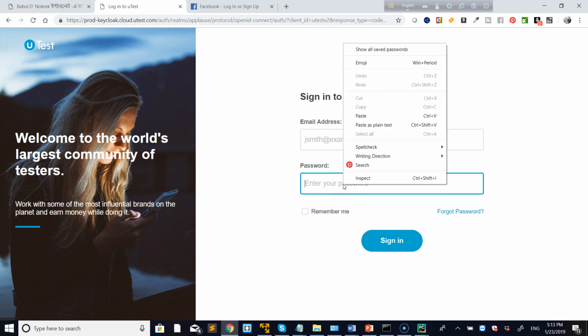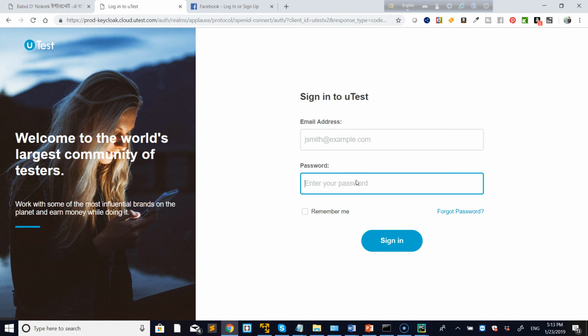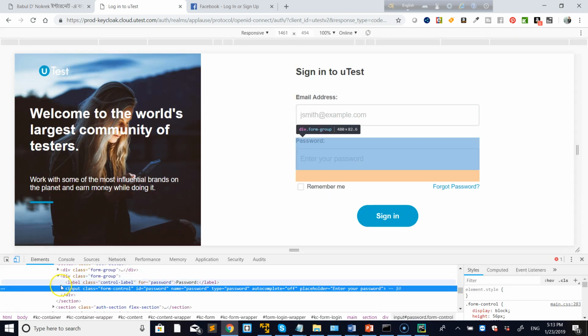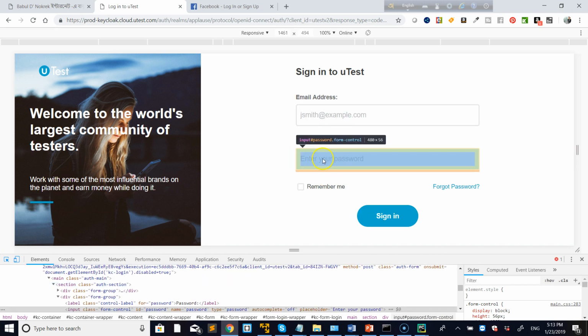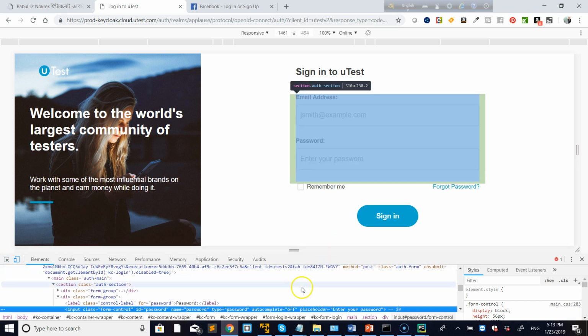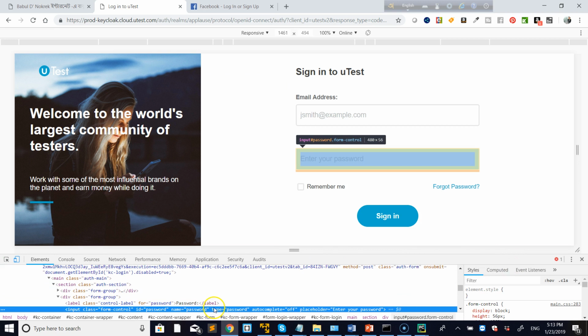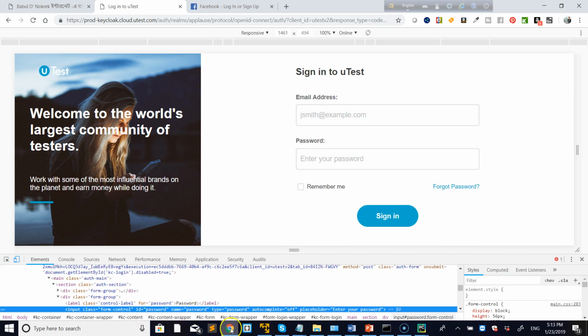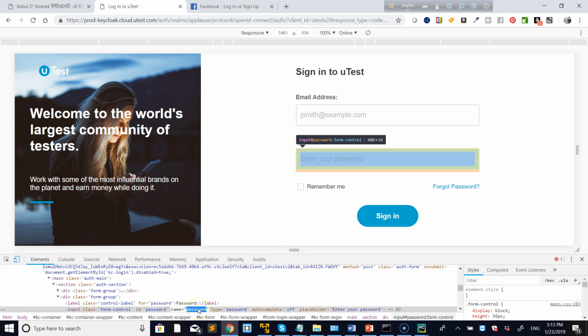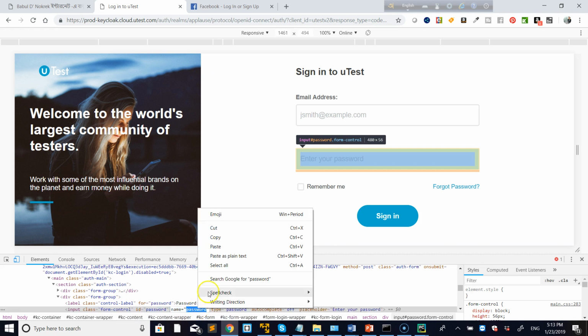I'm going to take the element. I want to find element from password. Then I'll just click here, then click on the password box, then name is password, ID also password. Okay, so I can choose name, then I just copy,